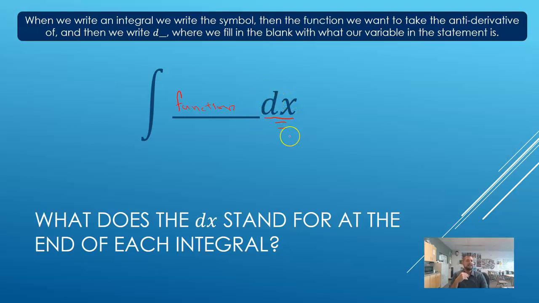Now that dx, all that's telling us is what the variable should be inside of whatever function it is that we're going to take the antiderivative of. So we're taking the antiderivative, we could say, with respect to x. We're just looking at the variable that exists, and it's saying, okay, take the antiderivative, and this part at the end is saying that has to be the letter of the variable that we're looking at in whatever function it is that we are trying to take